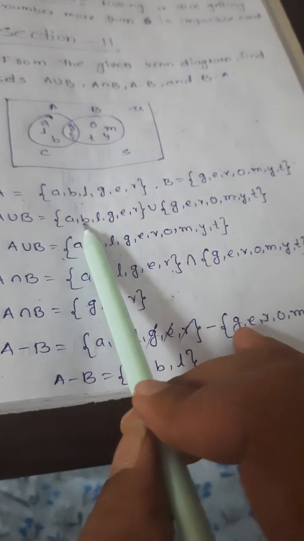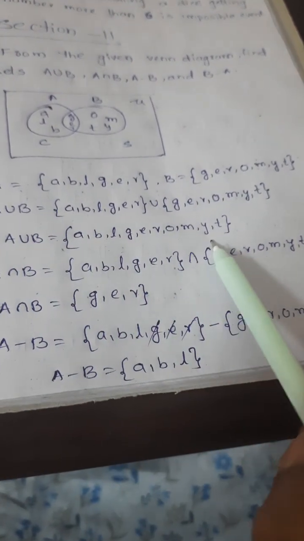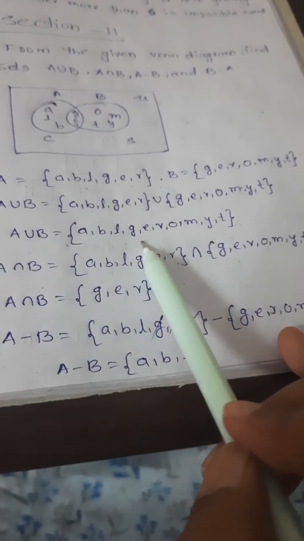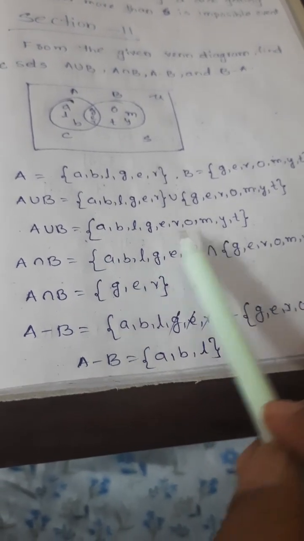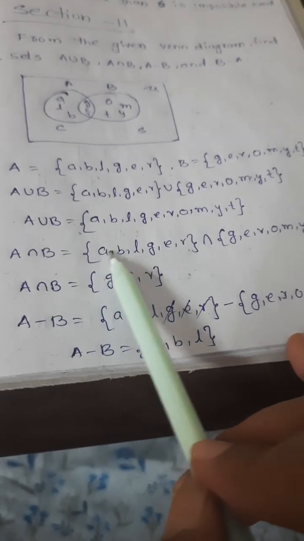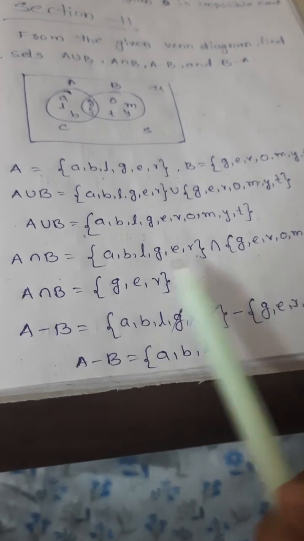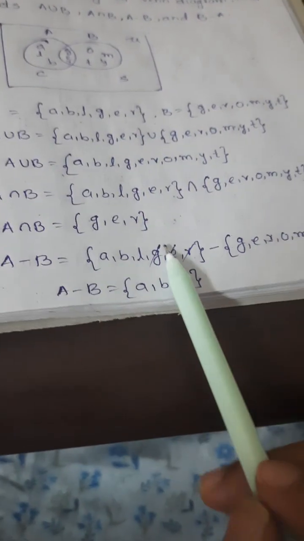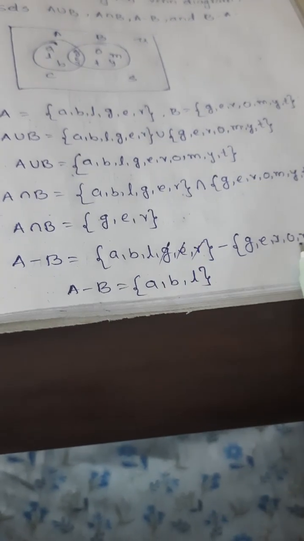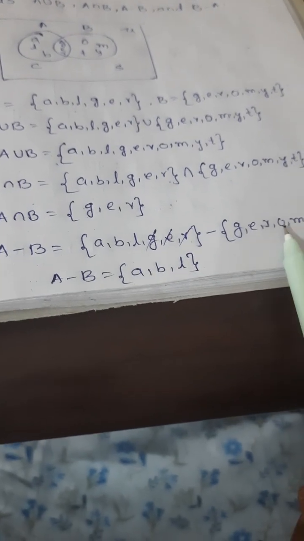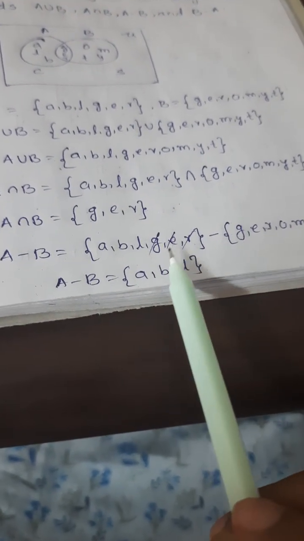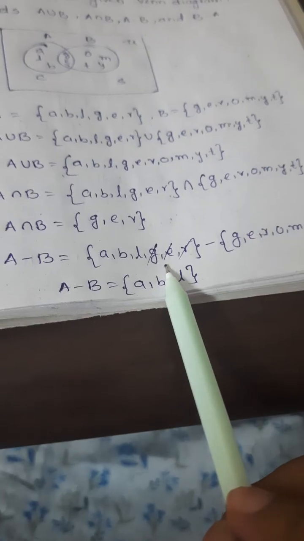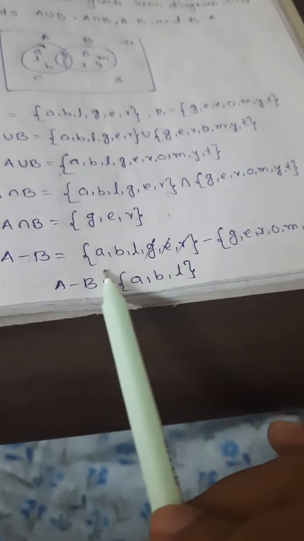So A union B means we should combine all the elements. So this is A union B. A intersection B means we should write the common elements. Here G, E, R are the common elements. In A minus B we should remove the elements that are present in B from A. The remaining elements are